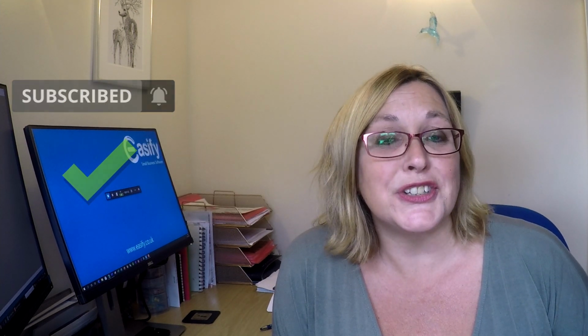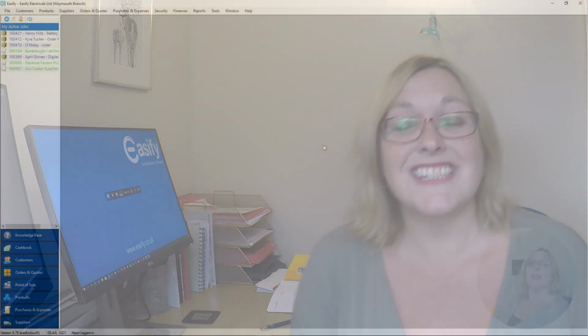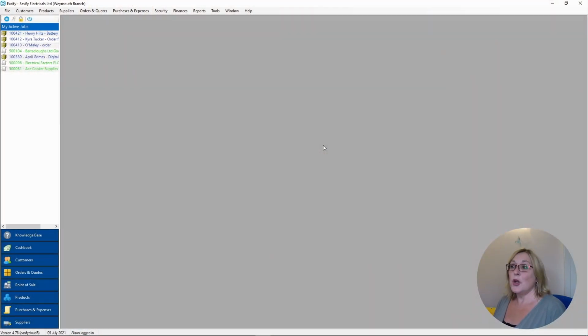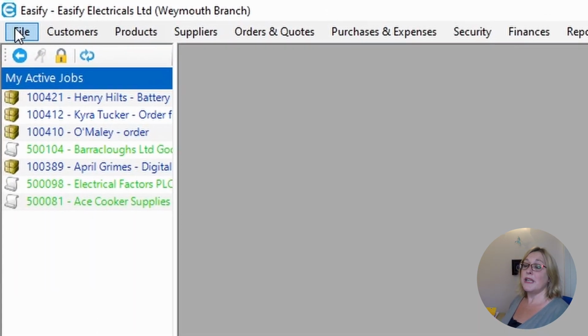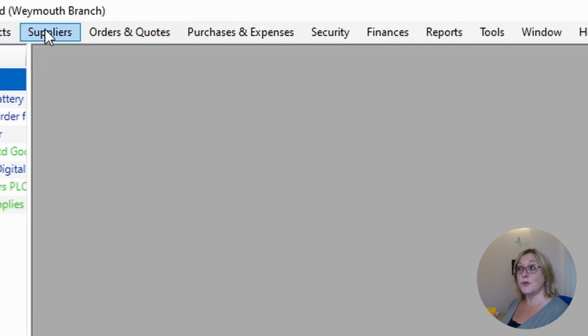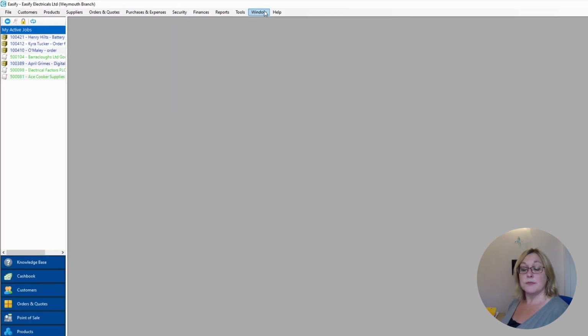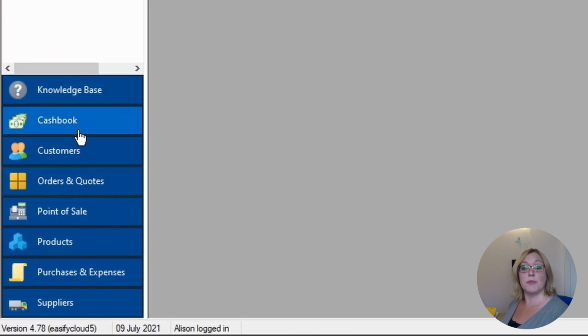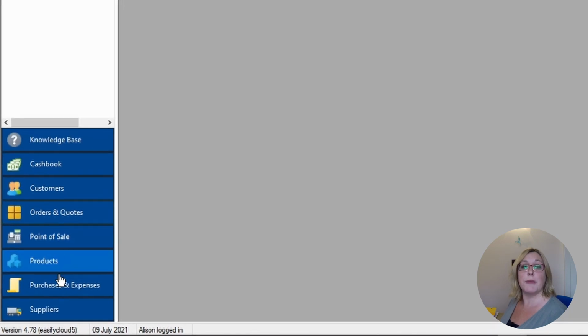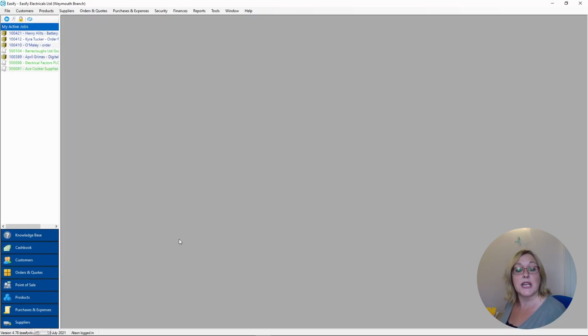Let's get started. When you first load Easify, you'll be met with the main window. Along the top, we have menus for all the different functions of Easify, and in the bottom left we have blue shortcut buttons for the main areas that most people use on a day-to-day basis. This big grey area is sort of like your work area, where all the windows will load as and when